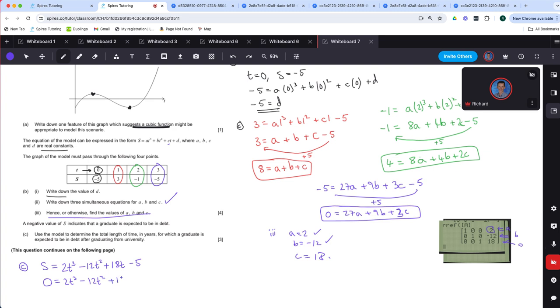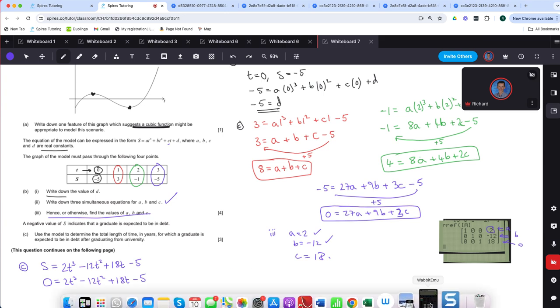And what we need to do is work out our T value,